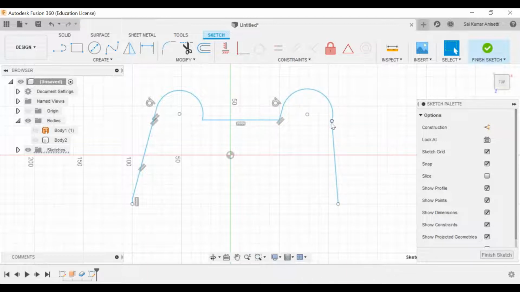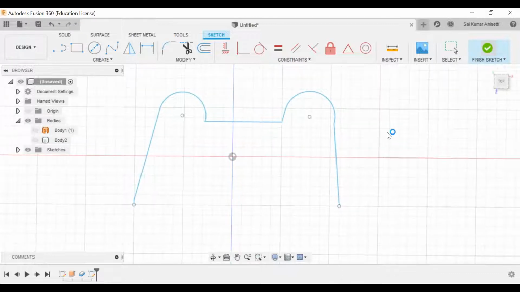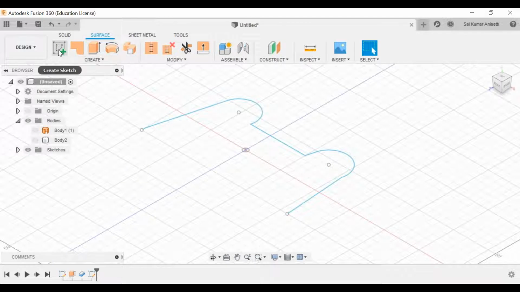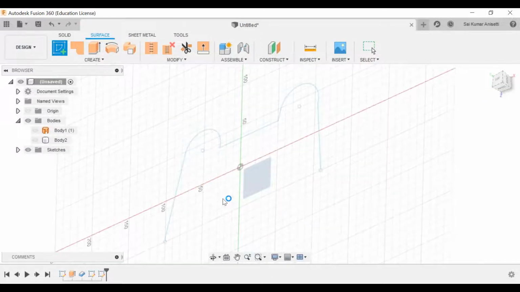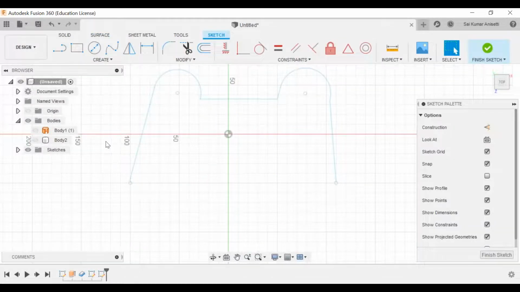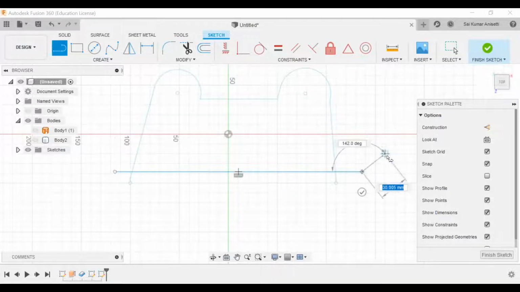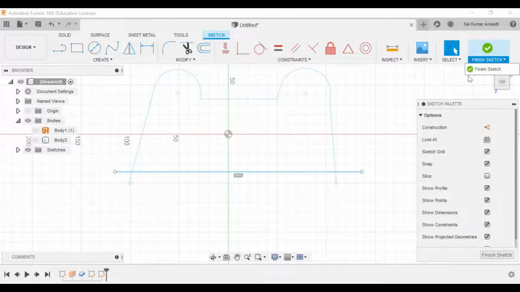Okay, let me create any random surface. Can extrude. Let me finish the sketch and create another sketch on the same surface, or else on the same plane. I'm just creating a random sketch that does not have any meaning.